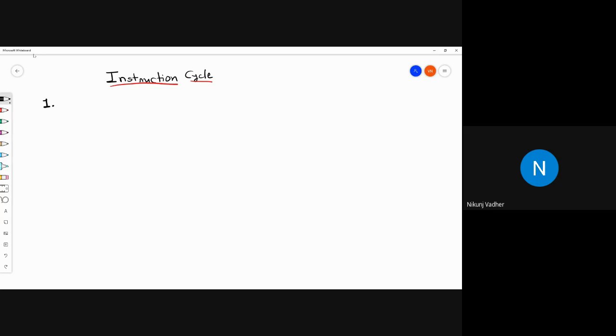Step 1, fetch instruction from memory. Step number 2, decode the instruction.